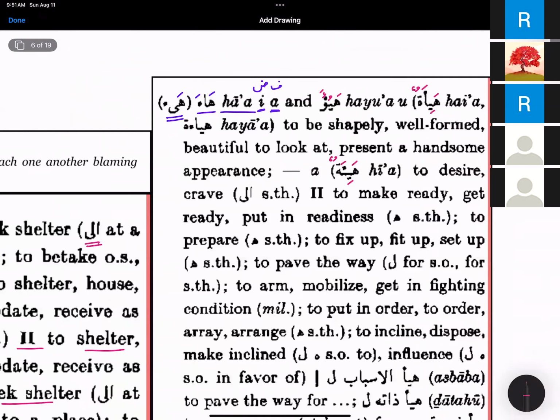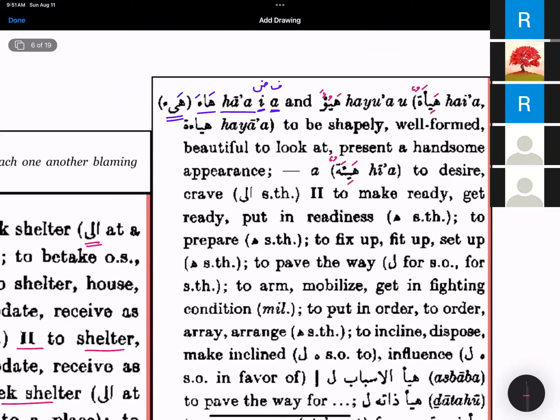Hayyi lana. So ha, there are different options over here. Ha, ya, and a, that make it mahmoozul. Mahmoozullah, right? It's not mudaf. It's not two yas. No. It has hamza. So ha